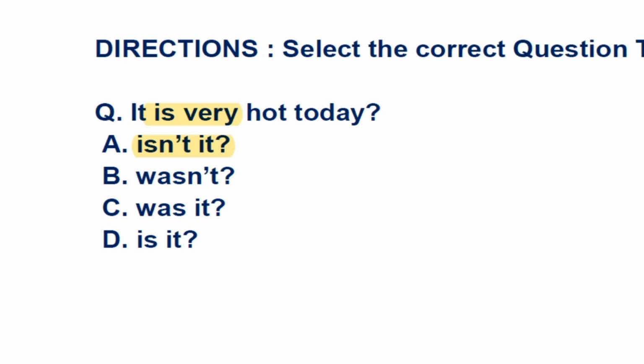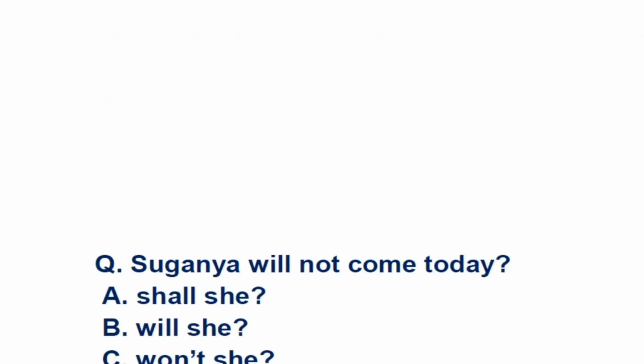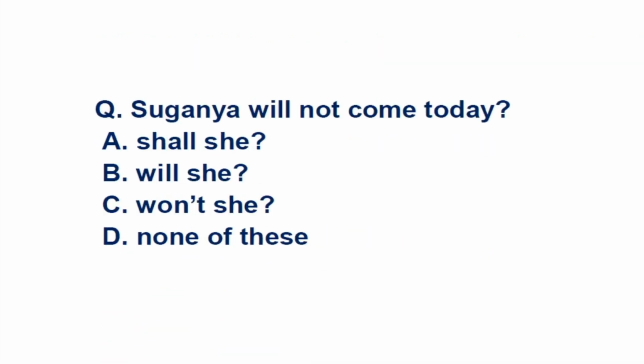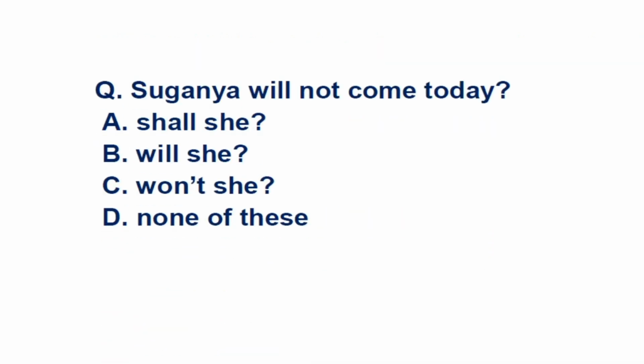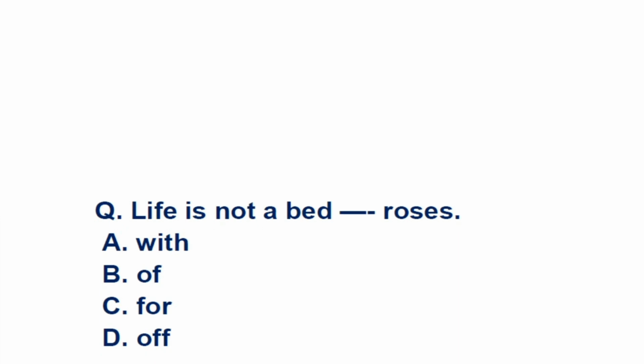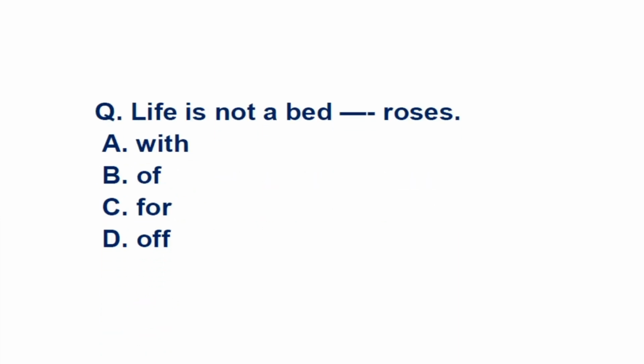Okay, now we will look into the next question. This is also a question tag question. Suganya will not come home today. So here the sentence is actually negative, so we need to make a positive out of it, and we see "will" here, and the answer will be "will she." That's it. Okay, so when I am considering each question, I hope you guys might pause the video and try to find out the answer, so that will be good for a better understanding of yourself.